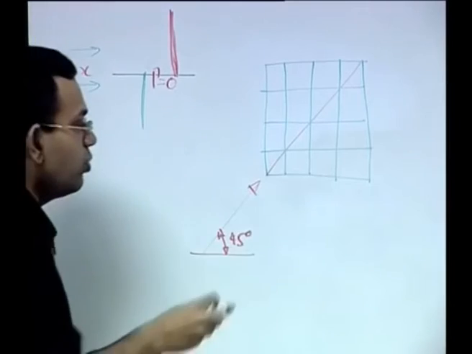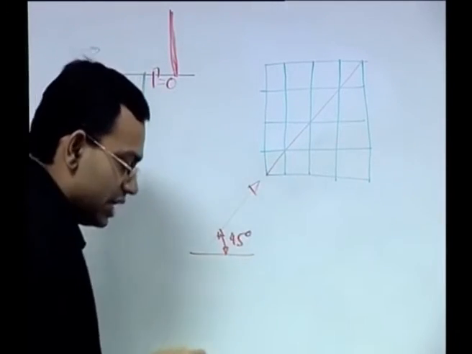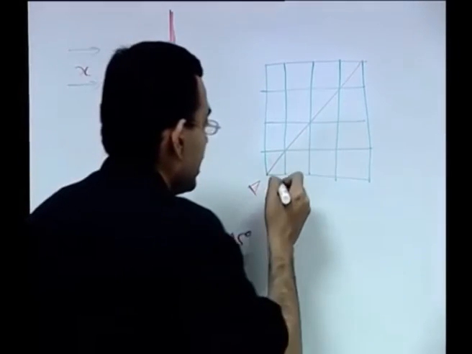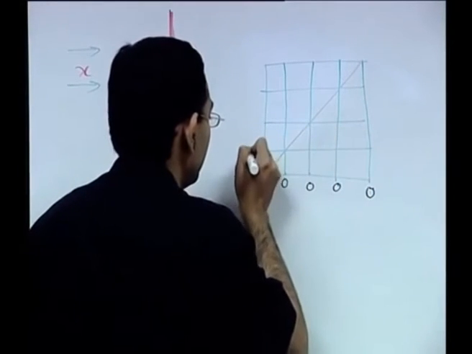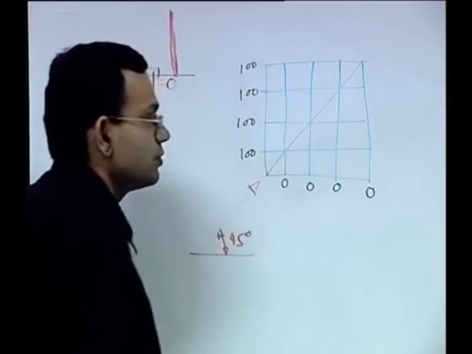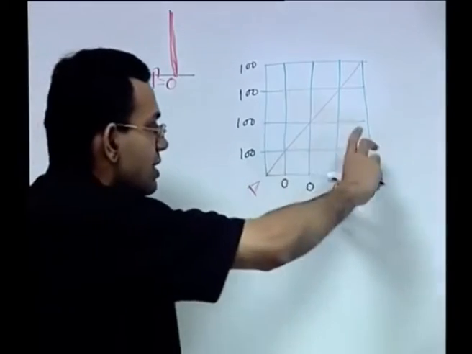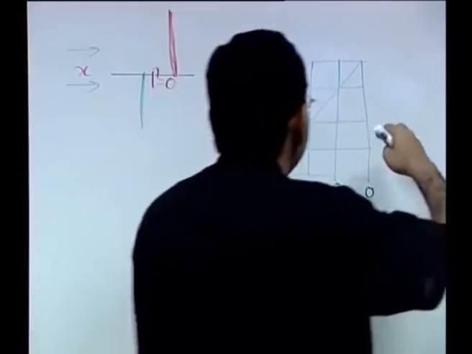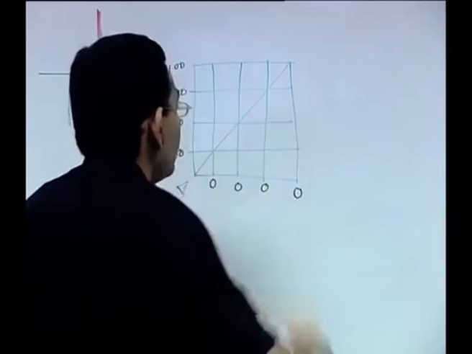Let us say that on one side of this flow direction you have the temperatures as 0 degree centigrade, 0 0 0, and on the other side it is 100. So these were the boundary conditions. On one side, the side below it, it is 0, and on the other side, the side above it, it is 100.